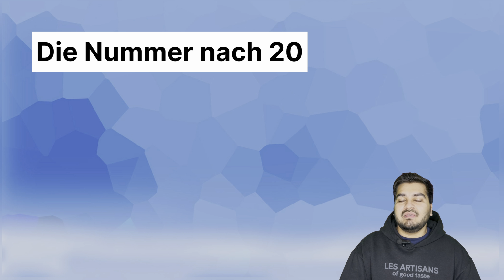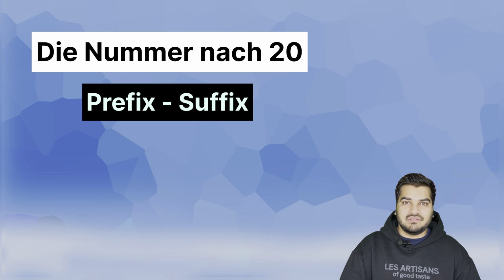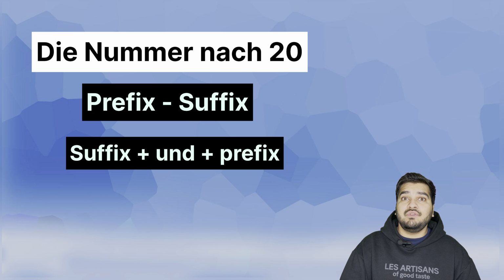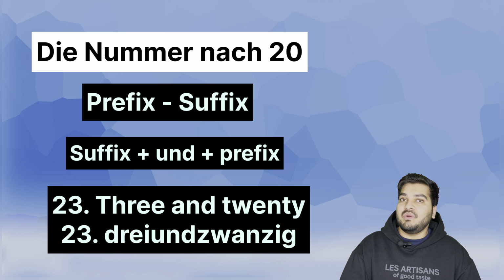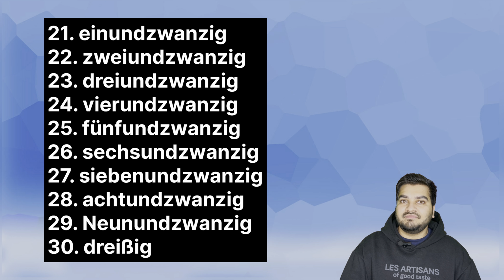Let's split this thing into two parts in German language and call it prefix and suffix. So in German language, we put the suffix first and then we use und, which is and, and then we say prefix. So let's suppose if it is 21, we will not say it like 21, we will say 1 and 20. And if it is 23, we will say 3 and 20. In German, we will call it like 21,